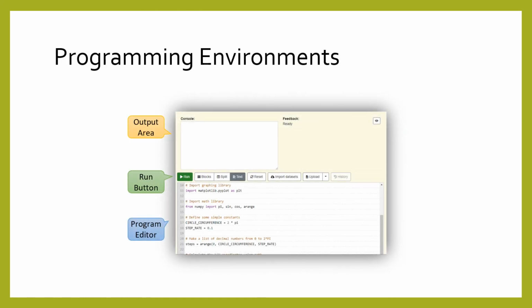Technically, you can write programs in a text editor and then run them with Python separately. However, most programmers use a programming environment that makes it very easy to write programs and then press a single button to run them. Usually, running a program causes some kind of visual output, although this is not always guaranteed. This screenshot shows the BlockPy programming environment, which we'll use to write and run basic programs so that we can view their output.